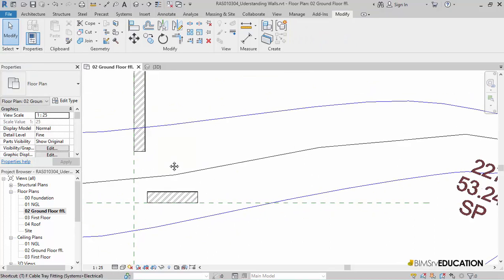So I'll draw from right to left to ensure the exposed brick face is on the outside. I'll click on the Modify button or hit Escape and then type TR on my keyboard. TR is a shortcut for trim, and trim and join the two walls.